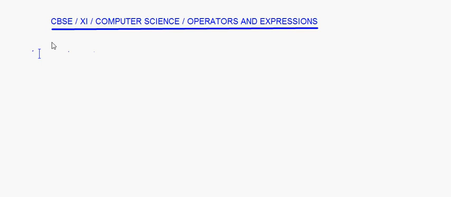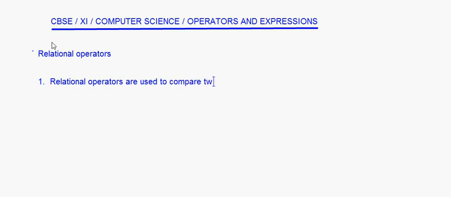Today let's do relational operators. First of all, let's understand what relational operators are. Relational operators are basically used to compare two values, right? So the first point is, relational operators are used to compare two values, and the result of the relational operators is always logical, that is either true or false,